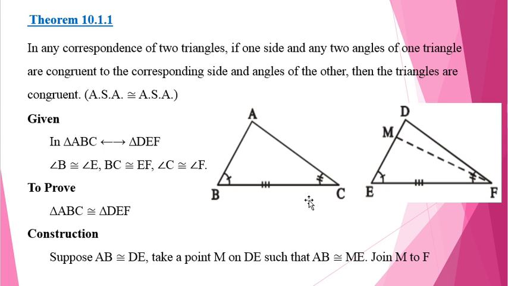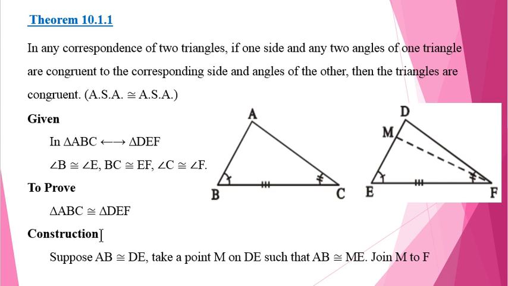Look over there. That is angle B and angle E. It is indicated with the one line. It means the one mark is congruent to the one, and the side BC is congruent to the side EF. Look over there, the side BC, it is congruent to the side EF. It is indicated with the three lines, means that this side is congruent to this side. Okay, now the angle C is congruent to the angle F, and look over there, the angle C, it is congruent to angle F. It means 1 is congruent to 1, 2 is to the 2, and 3 is to the 3.